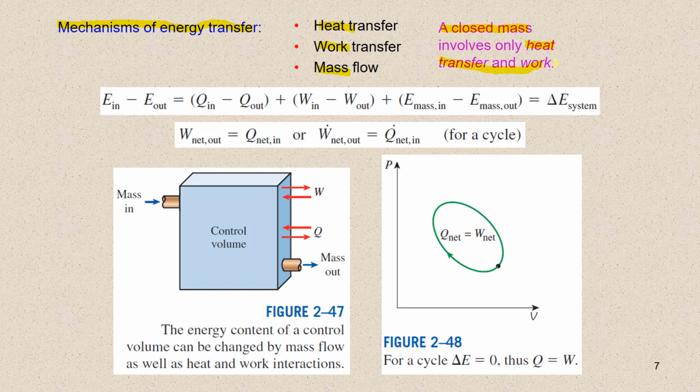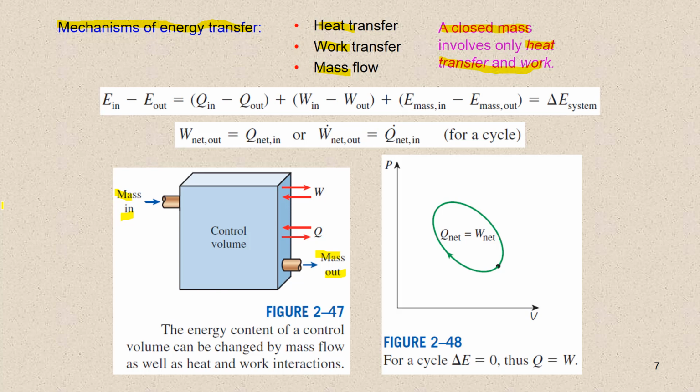Car engines and hydraulic, steam, or gas turbines produce work, while compressors, pumps, and mixers consume work. Now let's consider the third case, mass flow, which is denoted by simple m. Mass flow in and out of a system serves as an additional mechanism of energy transfer. When mass enters a system, the energy of the system increases because mass carries energy with it. In fact, mass is energy.